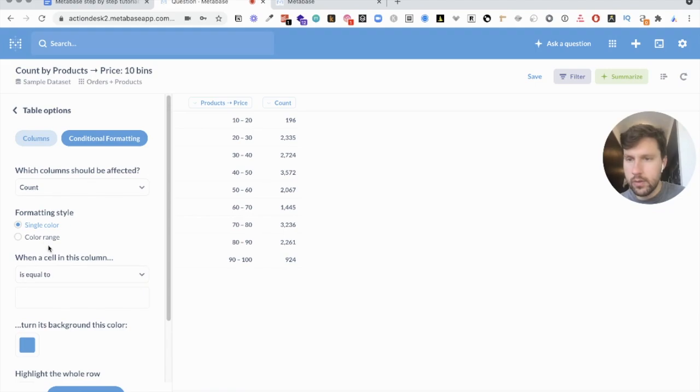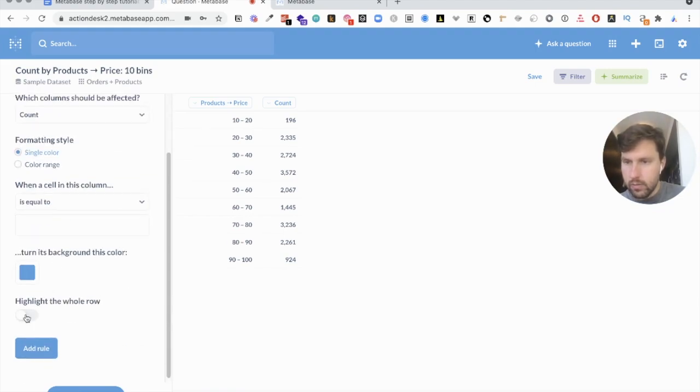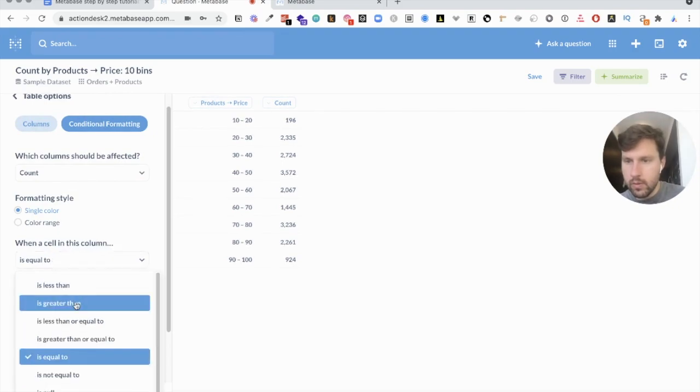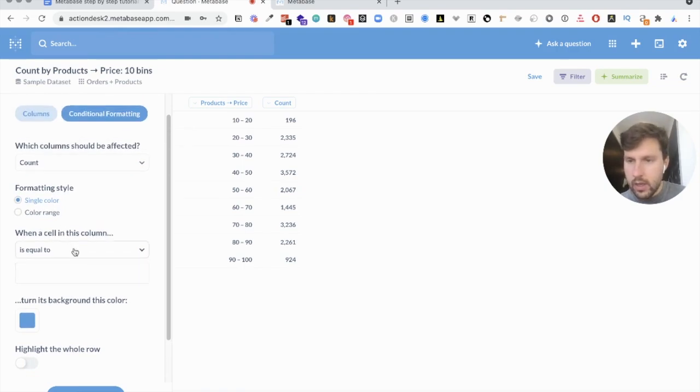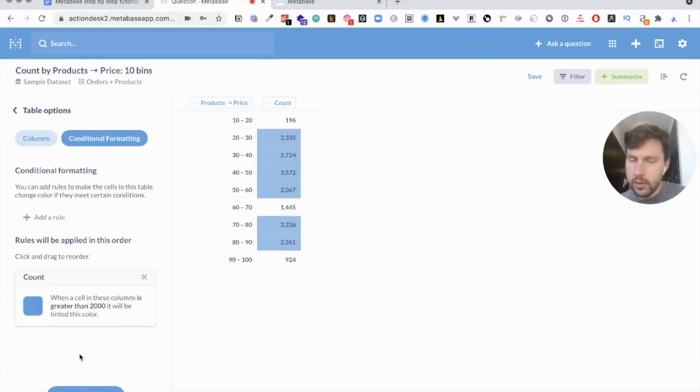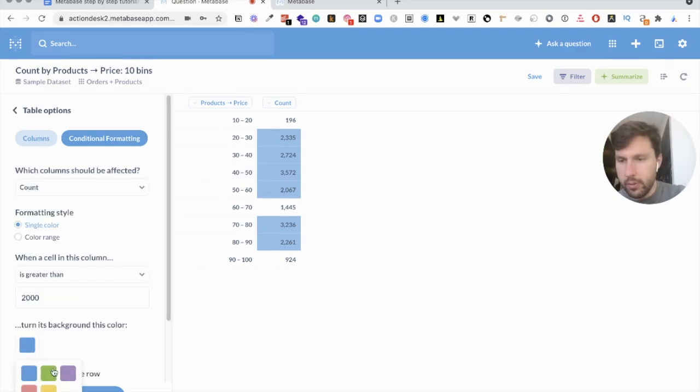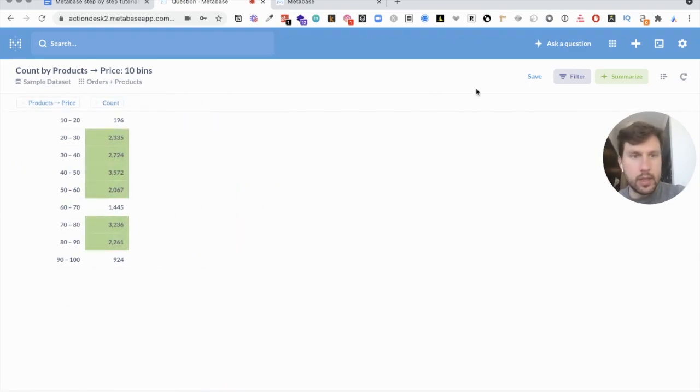So I want to do it on the count, and okay, so it's not as cool as in Excel where you actually have to set the rule by yourself. So let's say that if it's more than 2,000, we'll put it in blue. Okay. I thought they might have, like in Excel, where you just apply conditional formatting on the whole, and you have like a bigger bar on the biggest numbers, or biggest numbers in red, smaller in green, or something like that. But apparently they don't. Anyway, that's still cool. Maybe I'll put it in green rather than blue, and save this,